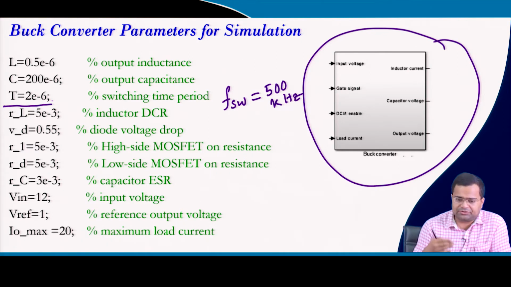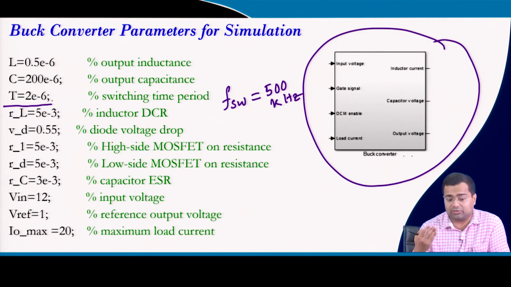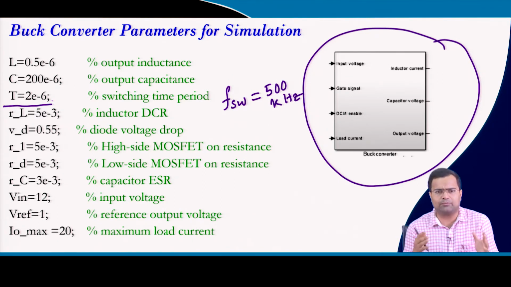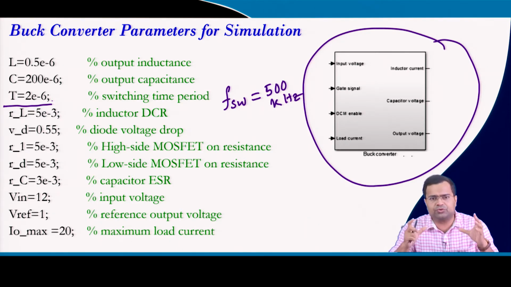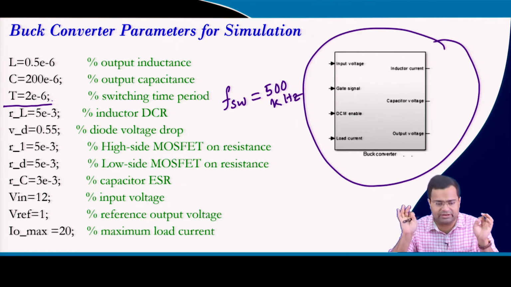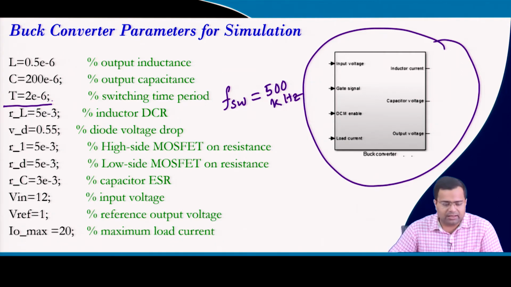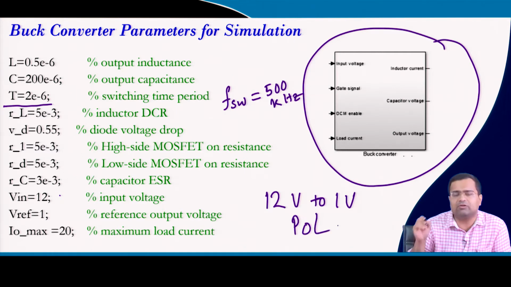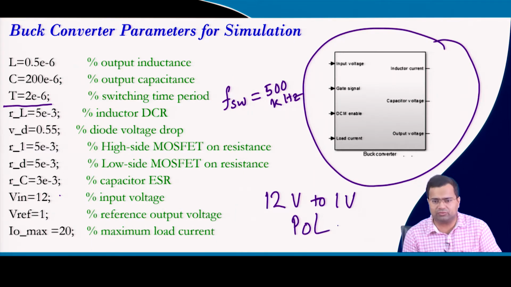In the subsequent lecture, maybe the next lecture in the third week, we will summarize whatever we have derived: various RMS current, ripple current, output voltage ripple. Using those ripple criteria, we will show how to select inductor and capacitor values for a given switching frequency. But today we are taking it for granted that the inductor and capacitor values are given. We are talking about 12 volt to 1 volt POL, which is a buck converter, that we are going to consider in today's class.